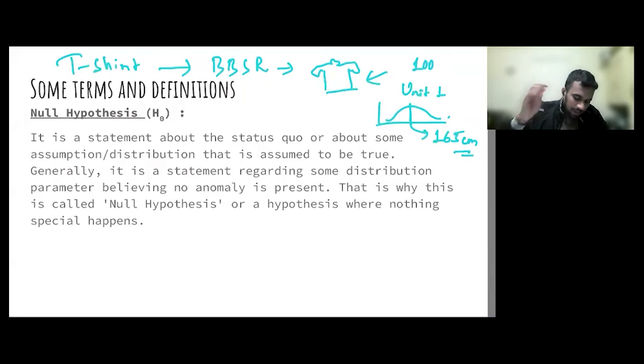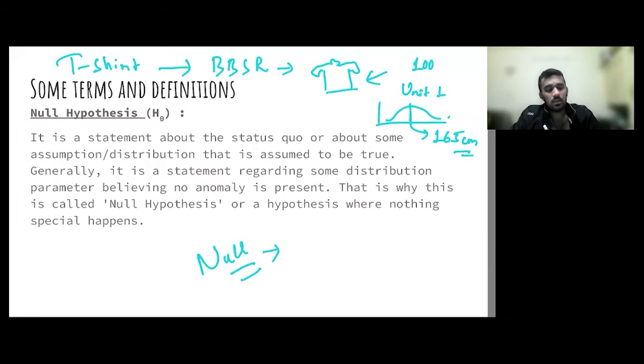Now there is this mad person named Null. He comes in and says that whatever data you have gathered, it's wrong. He says that he knows the height of each and every man and woman in Bhubaneswar, and it is, let's say, 150 centimeters. Okay, so he claims that he has some domain knowledge. He has been living in Bhubaneswar for, let's say, 20 years or whatever.